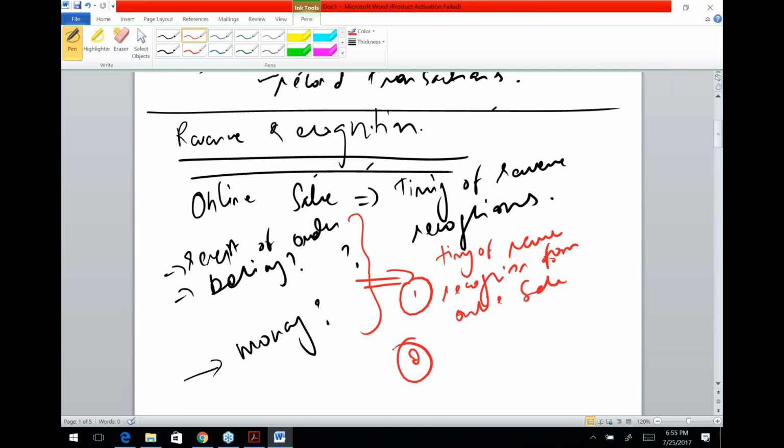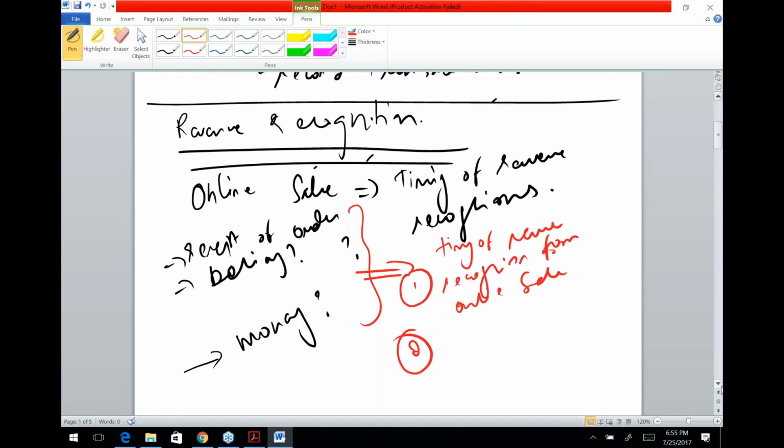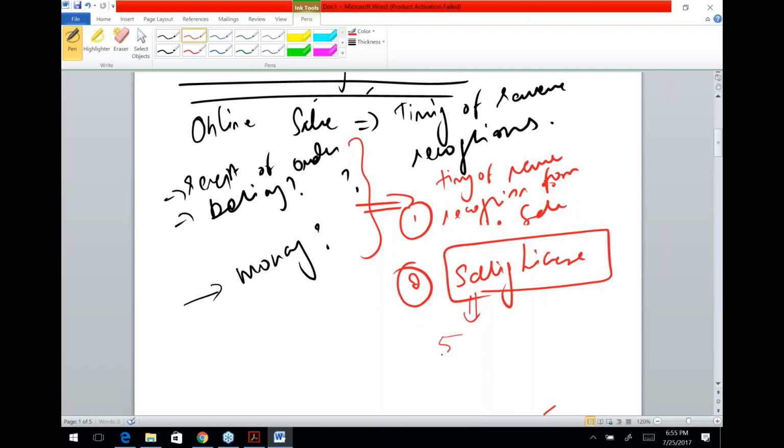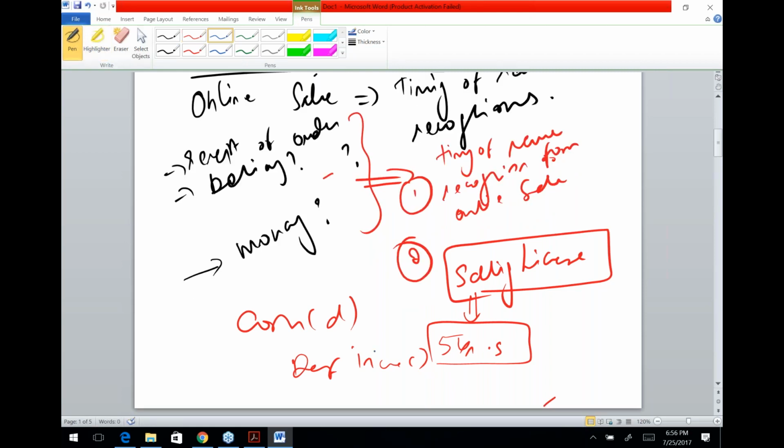Now, number two is that they are actually selling the licenses. Selling of licenses gives rise to income. But since the license is given for 5 years, whatever income you receive, you have to say it has cash debited and correspondingly deferred income credited. So what is the risk here? The risk is they do mention in the question that they have recognized the 18 million as a liability. They might have recognized 18 million as a liability, but the risk is of the 18 million.